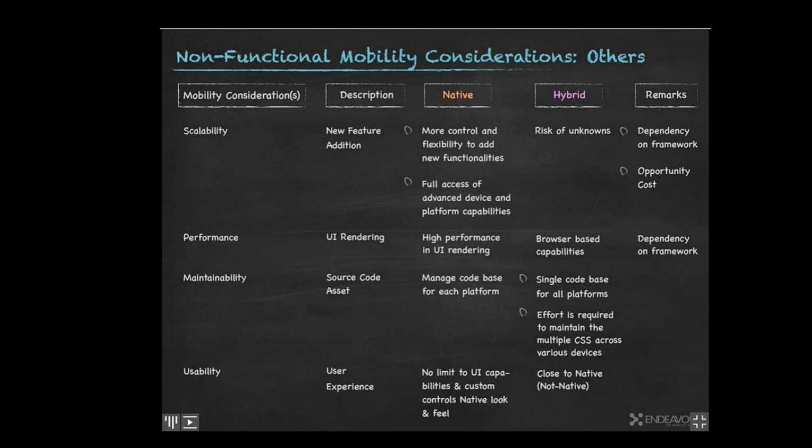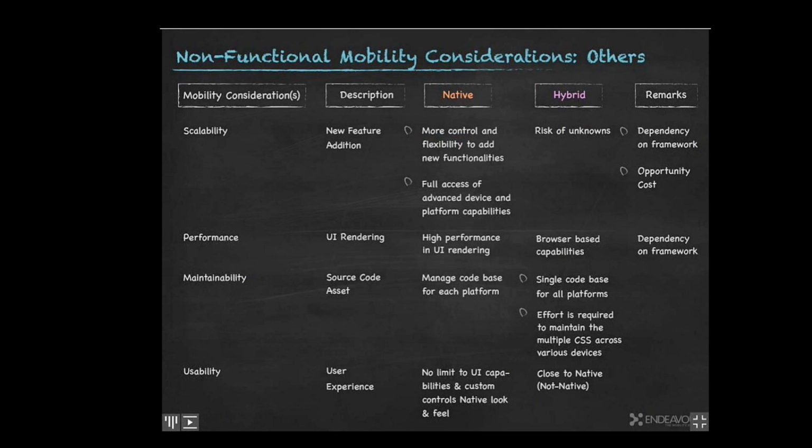In the case of hybrid applications, it's a little bit different because you are at the mercy of the underlying framework or the kind of enablers that you are using to build the hybrid application. Those frameworks might not give you direct access or direct compatibility with the underlying hardware, so you might end up writing more and more custom controls. The more custom controls you write, probably you are getting the native way without knowing that you are doing a native application. That's the fun of it.